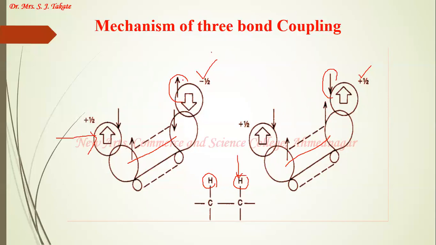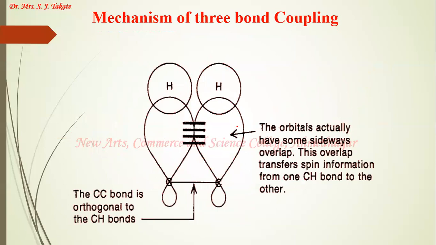So again we can say that two different types of ground states are possible for the proton which is under observation, and as there are two different types of ground states, excitation takes place from two different types of ground states. That is, the proton which is present in the ground state resonates two times, so it gives me a doublet. Again, the protons here are separated by three bonds from one another, but still they couple with one another.